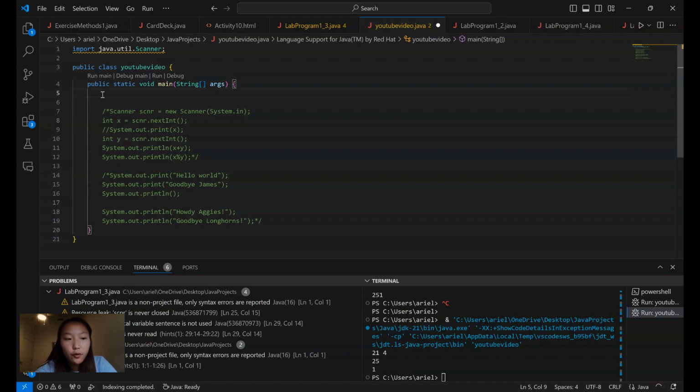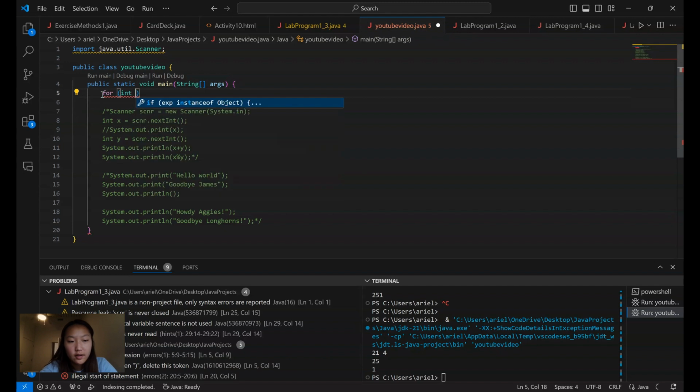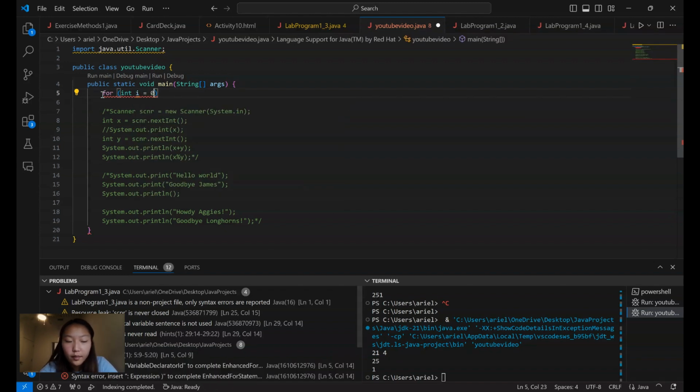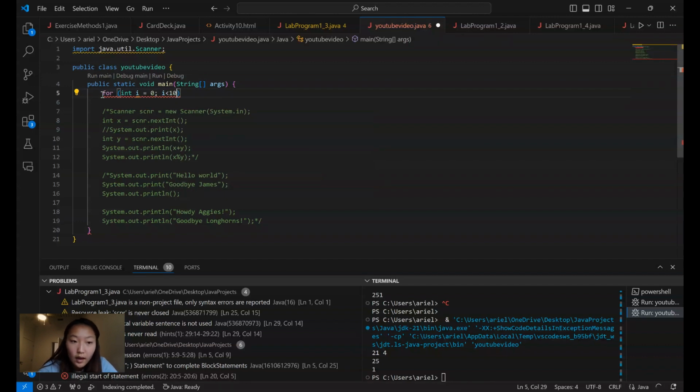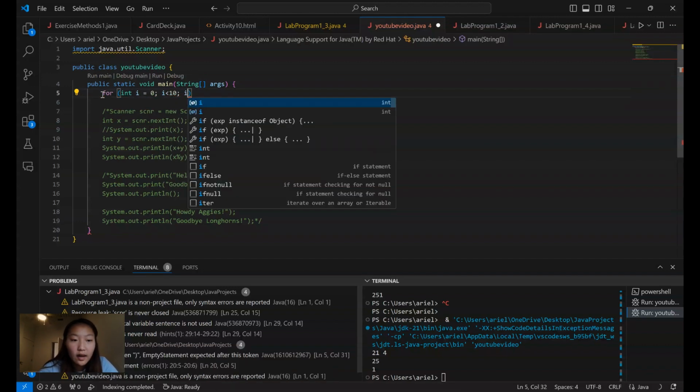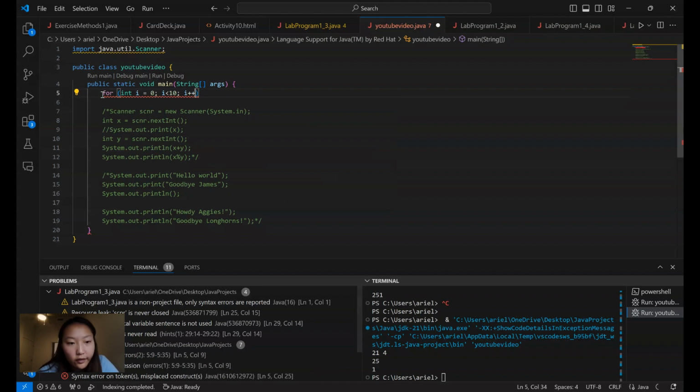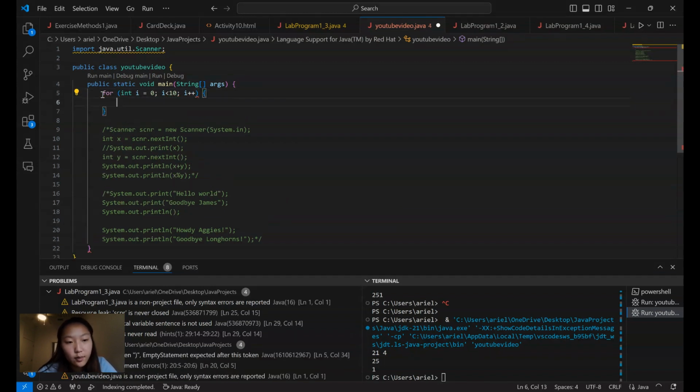Okay, so basically a for loop looks like this. It'll be a for, and inside the parentheses will be an initializing integer or number, something to initiate, start it basically. And then you have to put a semicolon and then add in a condition, like, let's say i has to be less than 10, okay? And then we increment it by 1, so we're just going to say i plus plus, that means it increments it by 1, and then don't forget to add the brackets